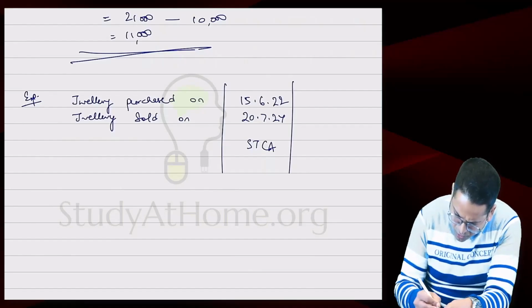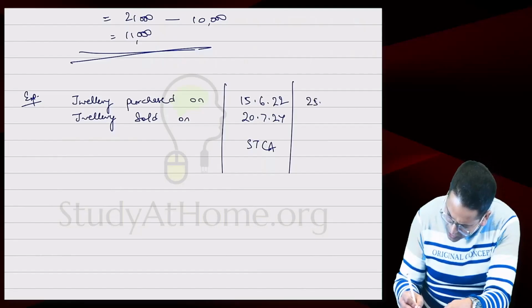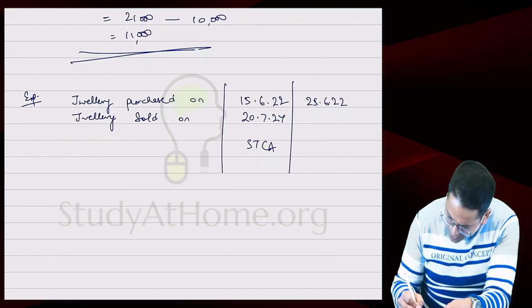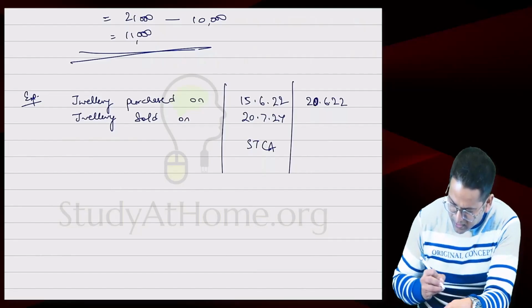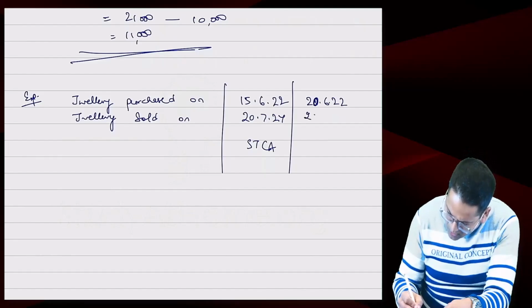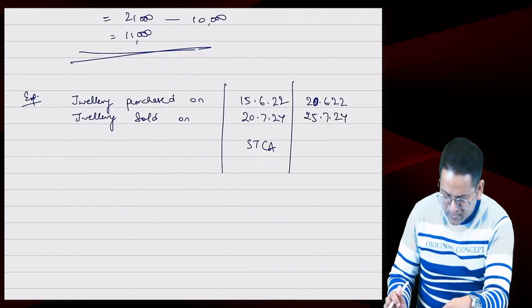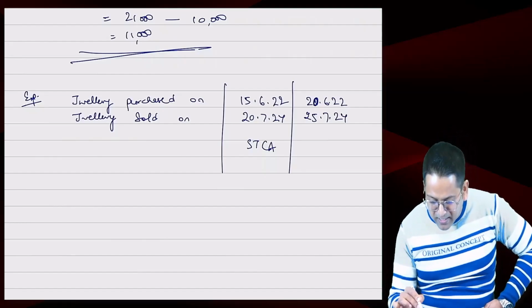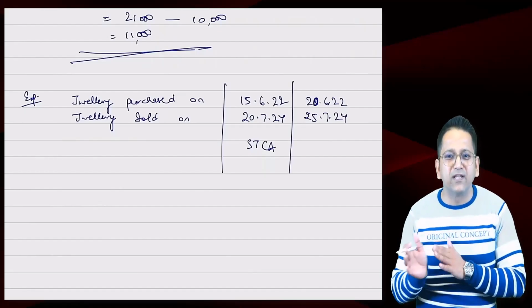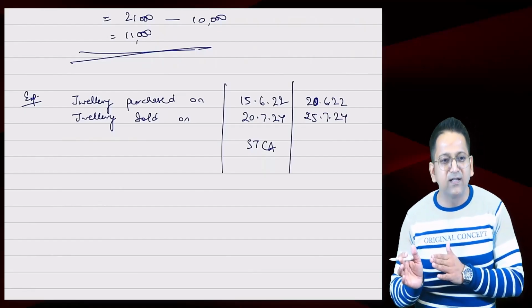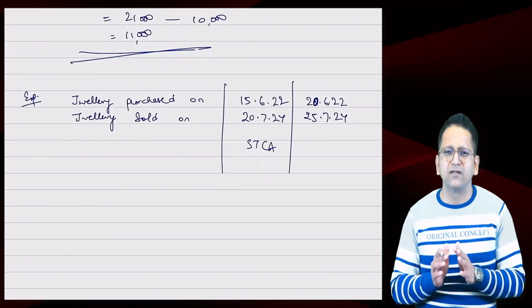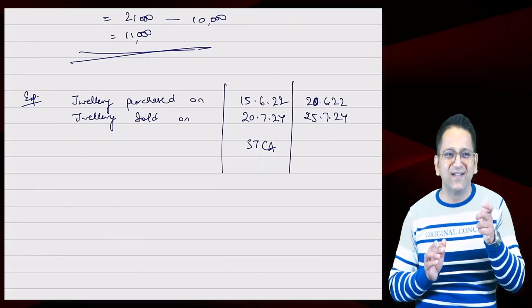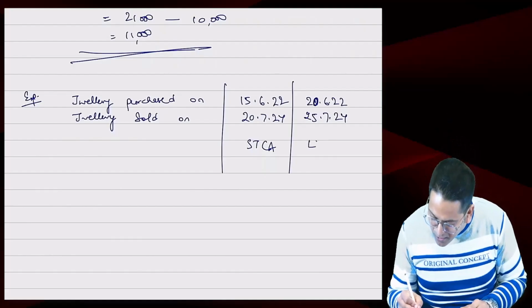You bought it on 25th June 22. Okay? Let's make it 20 June. You bought on 20 June 2022, and you sold it on 25th July 2024. Are the number of days the same? Yes, they are the same. Look, we have moved the purchase date 5 days ahead and we have moved the sale date also 5 days ahead. Now, is it short term or long term? The duration is the same. The holding period is also the same. Right? But now this will be a long term capital asset.